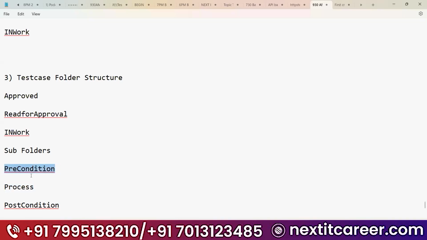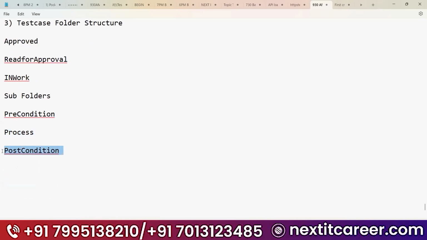For every test case, you need to close all the browsers, clear the cache, open the browser and open the URL. Those are all preconditions. Process: click on this, click on payment. All those things come under process. And finally, post condition: you need to close the browsers. Those are the post conditions. For any test case in the world, you will only have precondition, process, and post conditions.